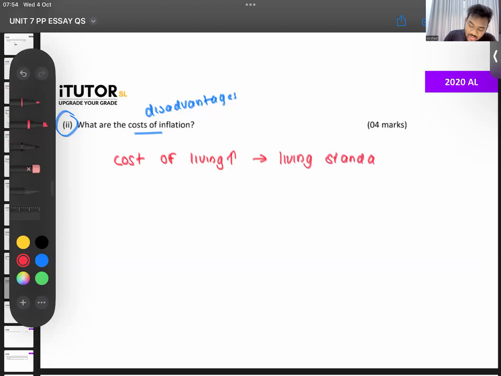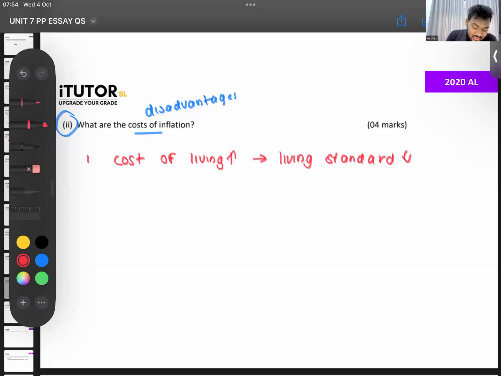Now just think about yourselves. Maybe 2-3 years ago, every day for lunch you all had meat, maybe chicken or fish or something. But now maybe only for 3 days you have meat. For one day you might have an egg, for another day you might have, let's say, parippu. See, standard of living has come down. Because why? Cost of living has gone up. Unless your income has also gone up to match that, you probably would have cut down.